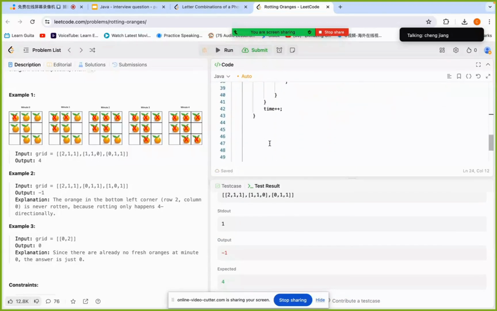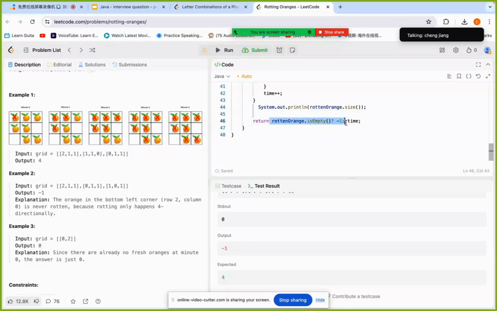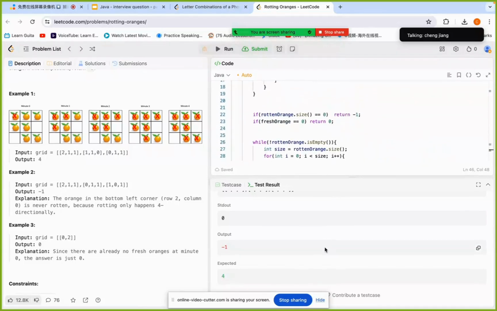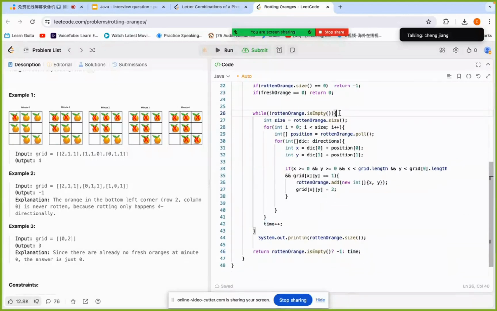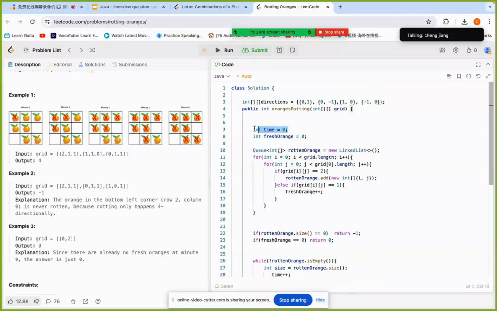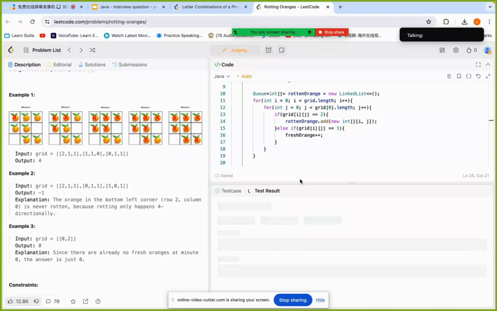So I think I got a problem. So let me double check this one more time. So it's equal to 0. It's empty. The time. So here I start from 1. Right, here it returns 0. So the problem is I put in here, time should start from 0. Return -1. So here,